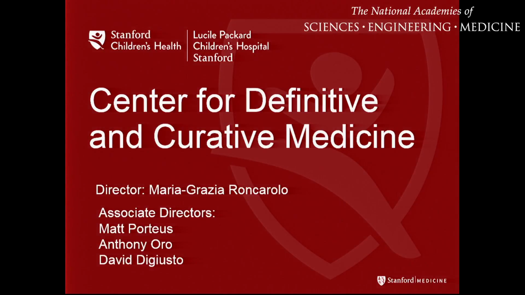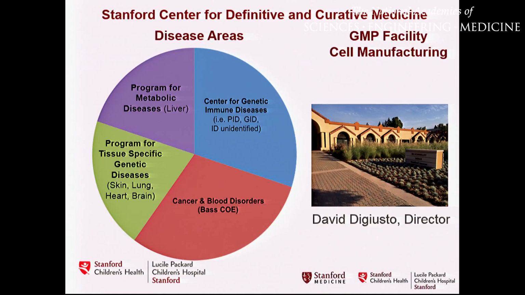And then at Stanford, we've developed a Center for Definitive Medicine, where we can take multiple different programs of cell therapy and our new GMP facility at Stanford to use best practices within each different organization and therapy to try to accelerate it. We want to avoid taking 18 years again to develop the next product.